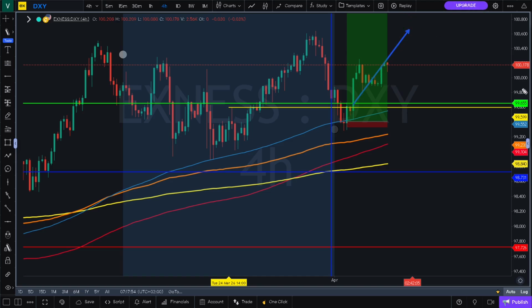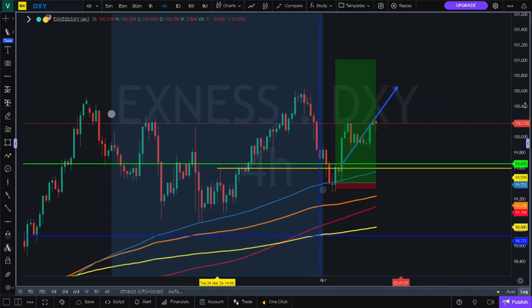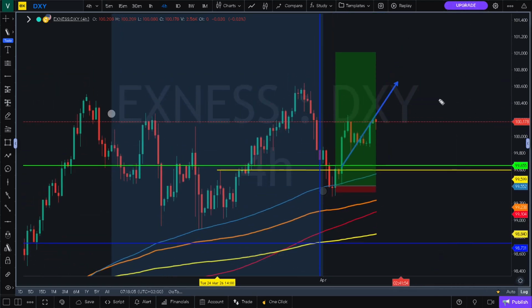Now, what do I expect to see more from this? Personally, if I don't see the dollar going to the upside yet, I would very much like to see it come, retest again, and then continue to the upside. But what most probably might happen is a continuation to the upside, a little bit of pullback, and then again a continuation to the upside. That might very well come up and retest this.